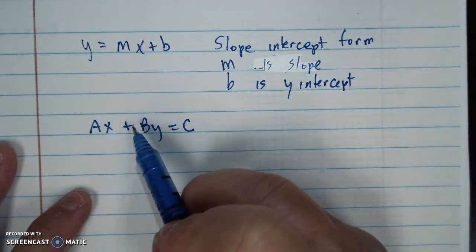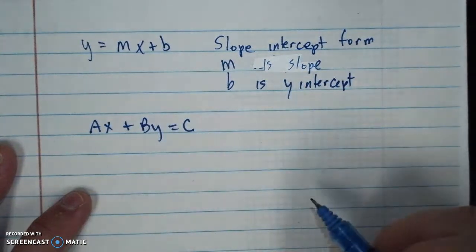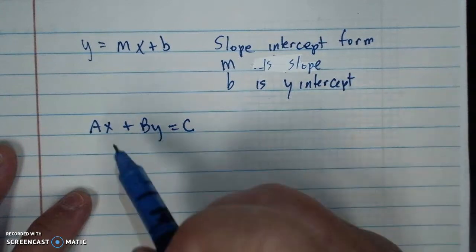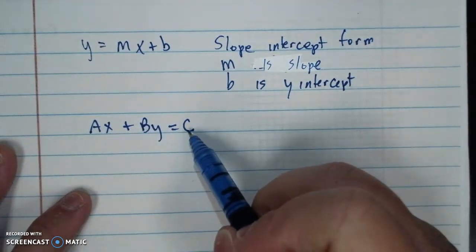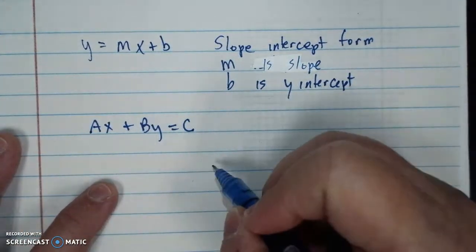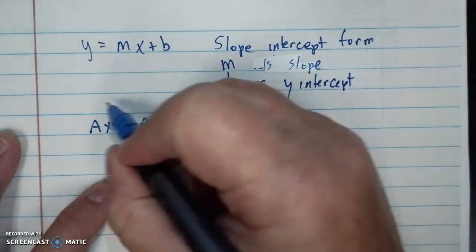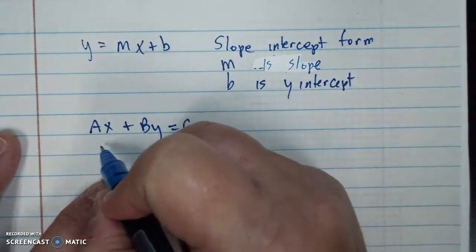and b is a coefficient and a number, and c is just a number. And they'll be giving you it in standard form and ask you to graph it. So if you remove everything and you solve for y, and you put it back into this form, it would